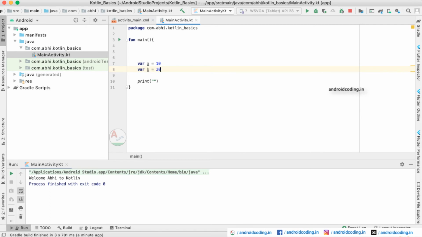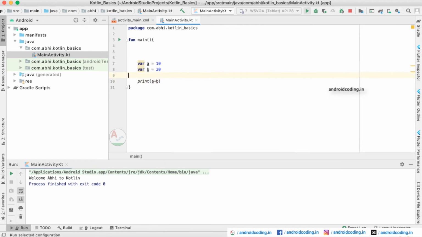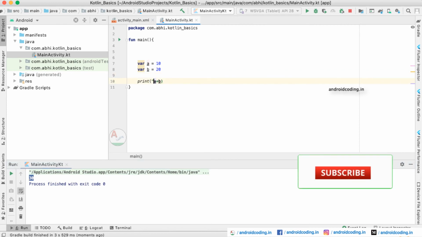We need the result of a and b, so you can directly write a plus b and print it here. The result you will get is 30, but we want to add some more data.